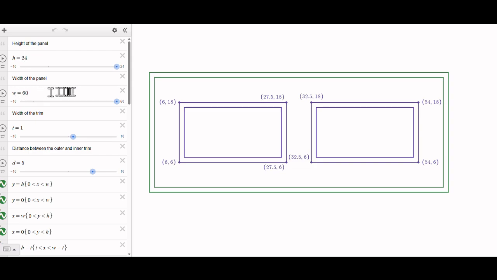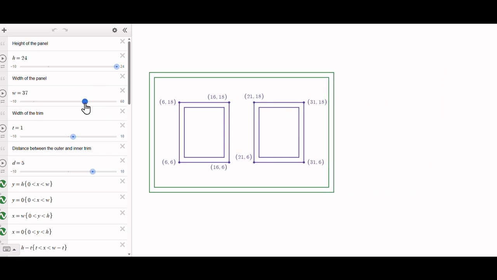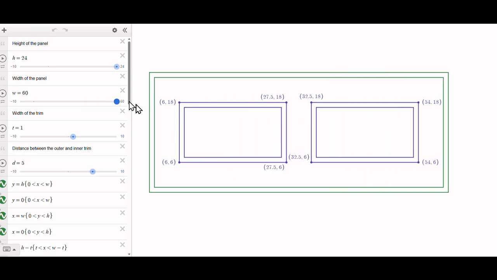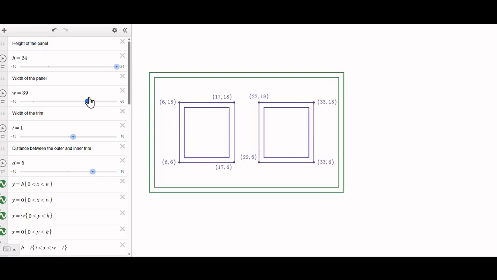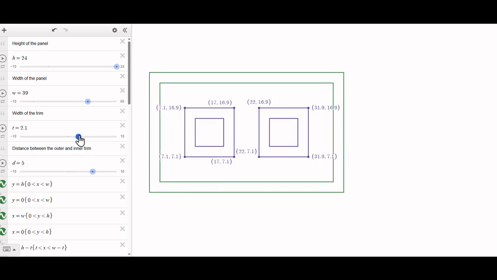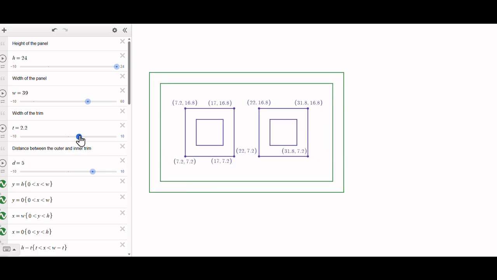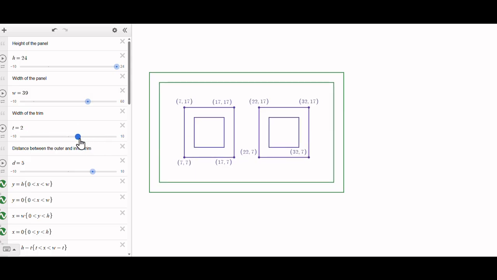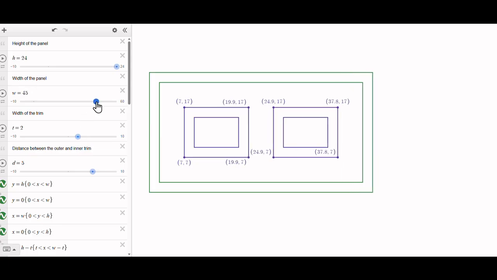And then down here, the width, you could make the shorter panel, and you'll notice the borders are all congruent throughout this. Well, let's say you have a smaller trim. You can actually move the trim, and it'll automatically adjust. You've got some real thick trim right here. Let's make this 2 inches. There we go. So let's say you have some kind of 2-inch trim, and let's say you have a 48-inch